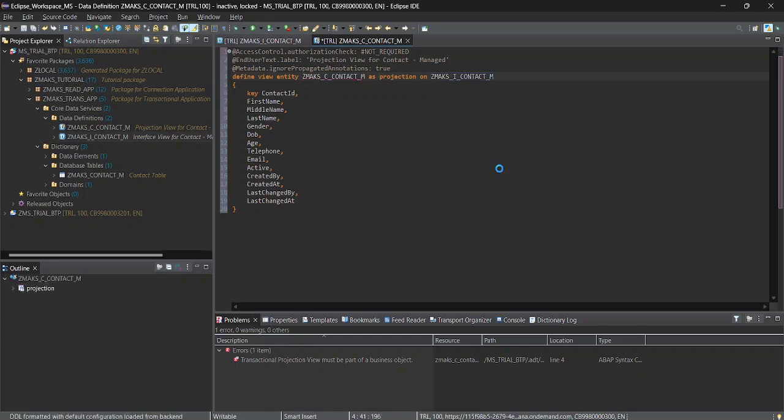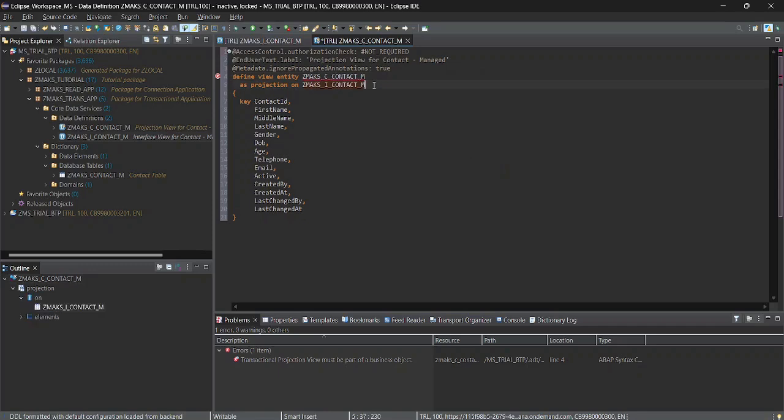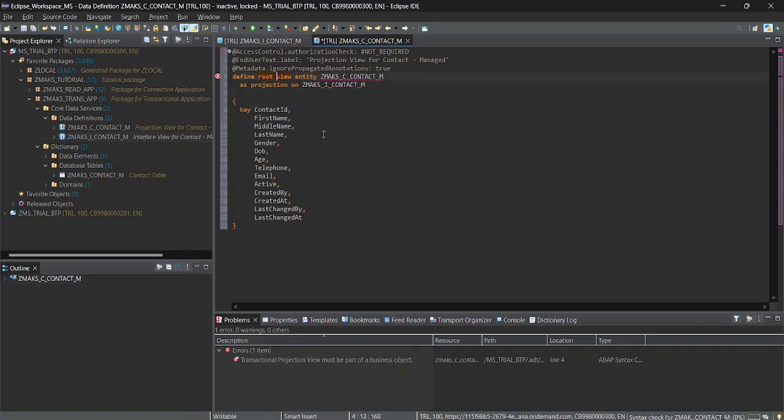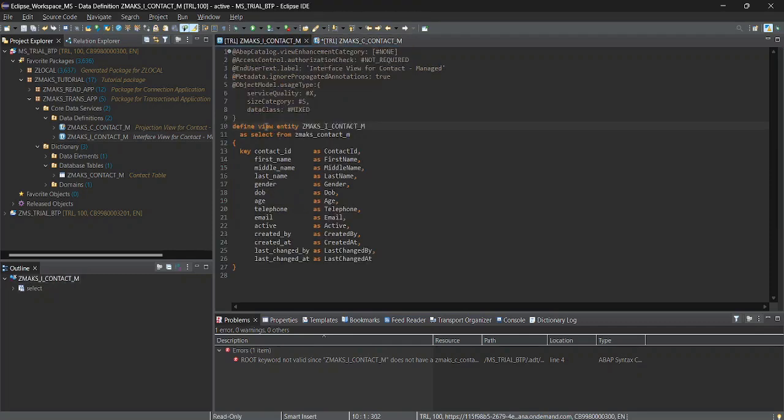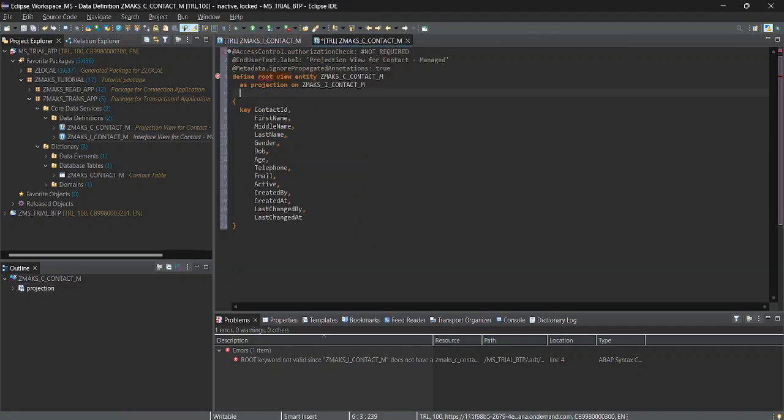Once we define this, you see it is giving an error for every view that we define, and this will be our root view, because this is where our whole thing will start. The error is showing that this should be the root entity. Control F3 to activate this. Now come back here, we will say provider